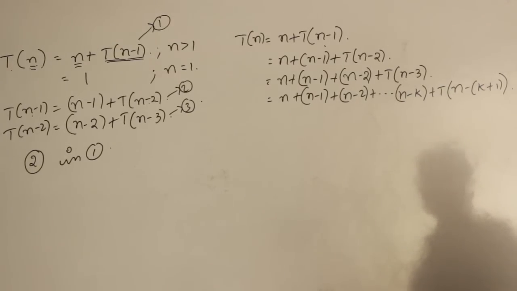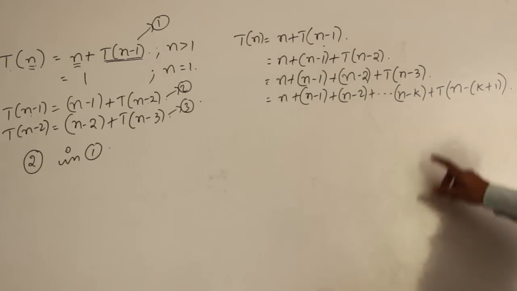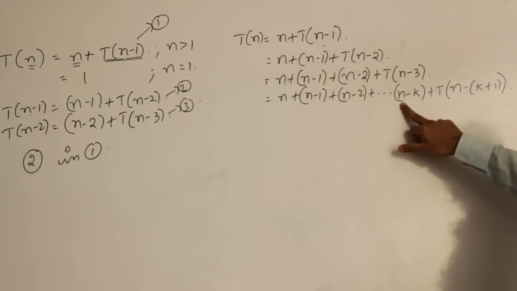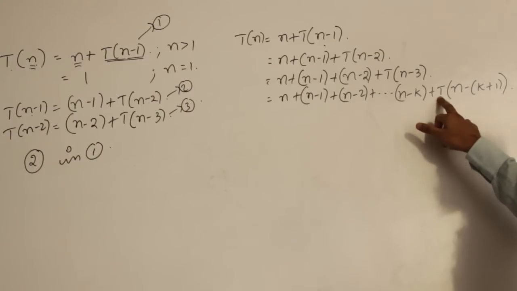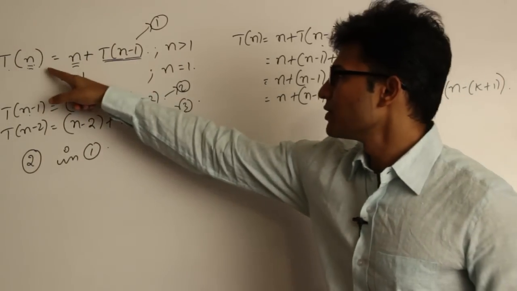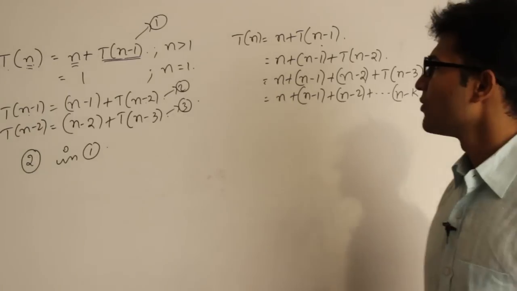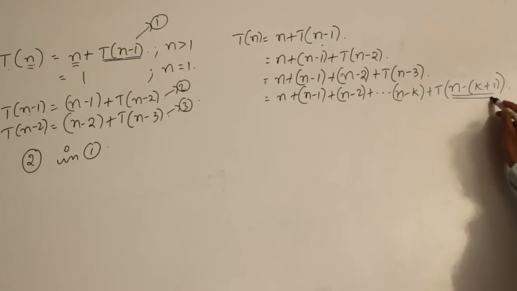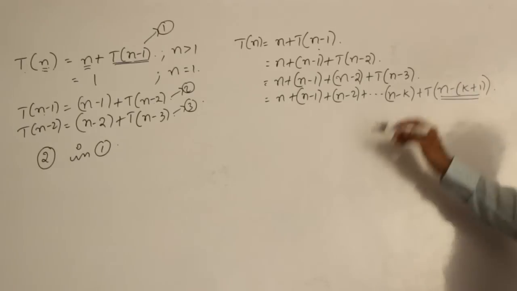Now when is it going to stop? We have to eliminate this T completely. I have to write T of n only in terms of n; I don't want to write it in terms of T. How can I eliminate this T? By using the base condition. What is the base condition? T of n equal to 1 when n equal to 1, which means if this entire term could be made 1, then this entire T could be eliminated.